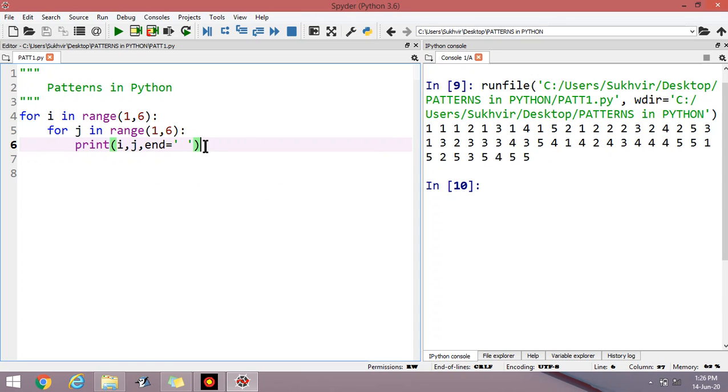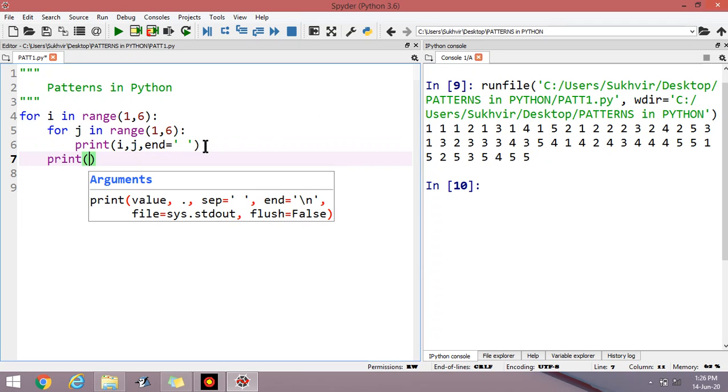These are the values. Suppose I have to separately display all the values, then I can write here print, basically